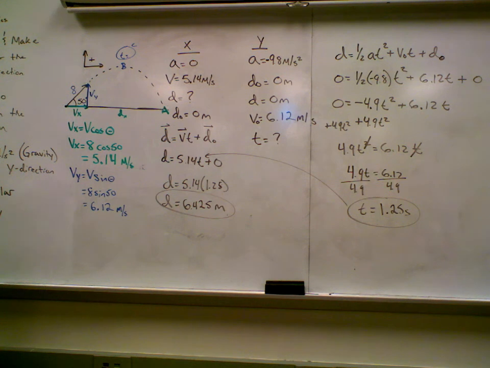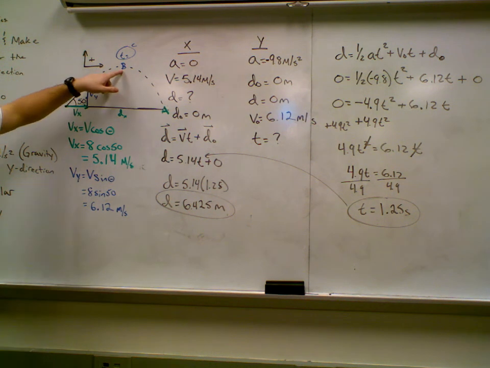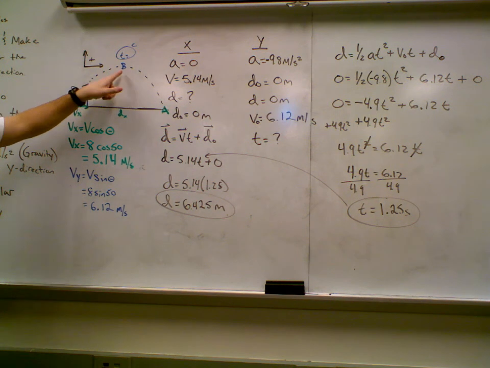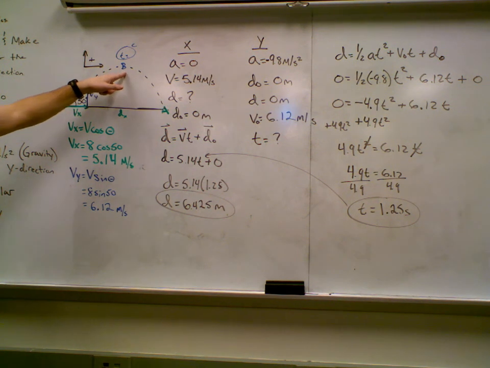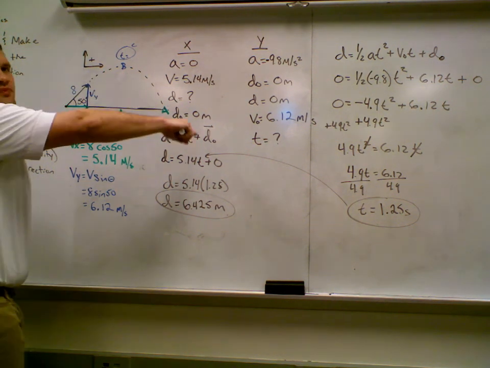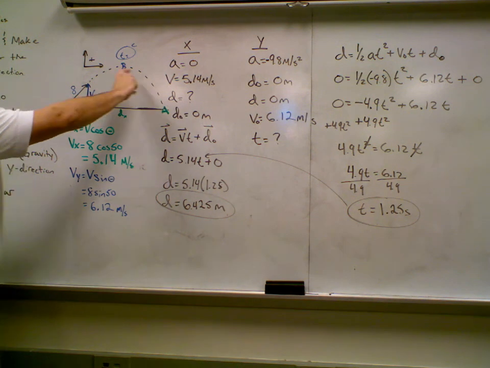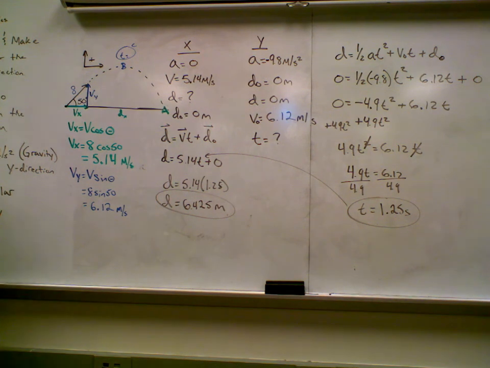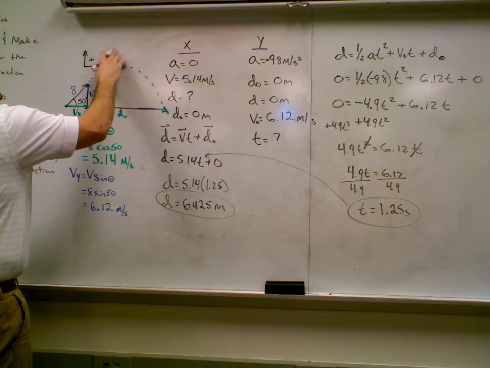Alright? Alright. Part B. We want to know the height at this spot right here, don't we? Right? Now there's some cool thing about symmetry that tells us that this height occurs at what time? If it takes 1.25 for the whole trip, we know this maximum height occurs at what time? Half of that 1.25, right? Okay. So this maximum height, so really the answer to part C